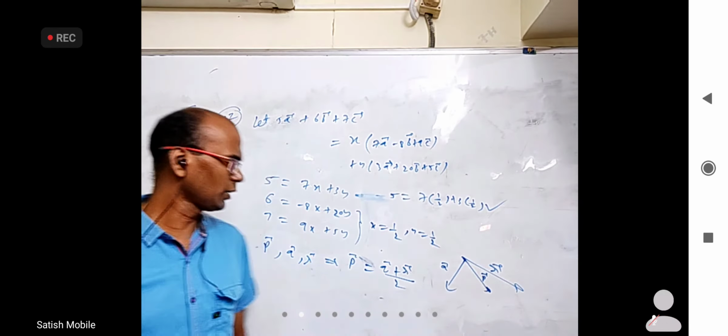And I'm even giving a graphical picture of how they are. The midpoint of these two, if you take and join, that is p bar, because you can see it's like a midpoint formula, section formula. If this is q, this is r, and they don't form a triangle. Okay.